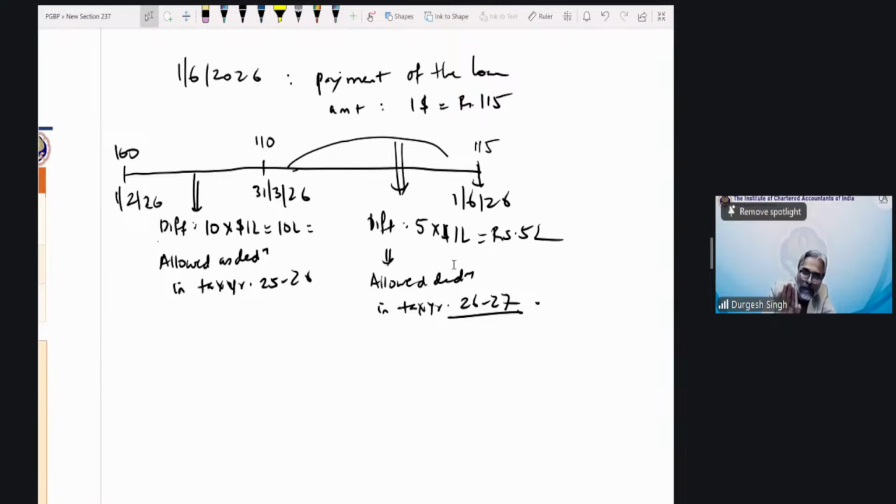So the treatment, students, don't see for the interest particular part in ICDS number 6. Also, borrowing costs will not be applicable because I may not have taken the loan for the asset, or even if I have taken the loan for the asset, it is already put to use. So these are interest after the asset is put to use. So what do I do about that interest? Check that question. What is the question? From whom you have taken the loan? If you have taken the loan from the bank or from the financial institution, then it is allowed as deduction on payment basis.